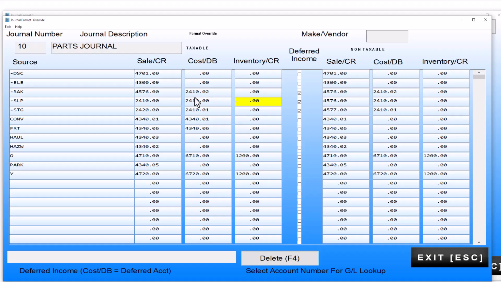Normally that account number will be created in your general ledger, and it'll normally be set up as a liability account. So that number is going to be put in here. If it's a taxable sale, it's going to use this number. If it's a non-taxable sale, it's going to use this number here. So we're using the same account number. Most people do. You can have separate ones if you wish. So that's the first step, setting your deferred account numbers up, sticking them in your override, and telling it that these are deferred accounts. They're going to get handled quite differently. Now, once you do that,